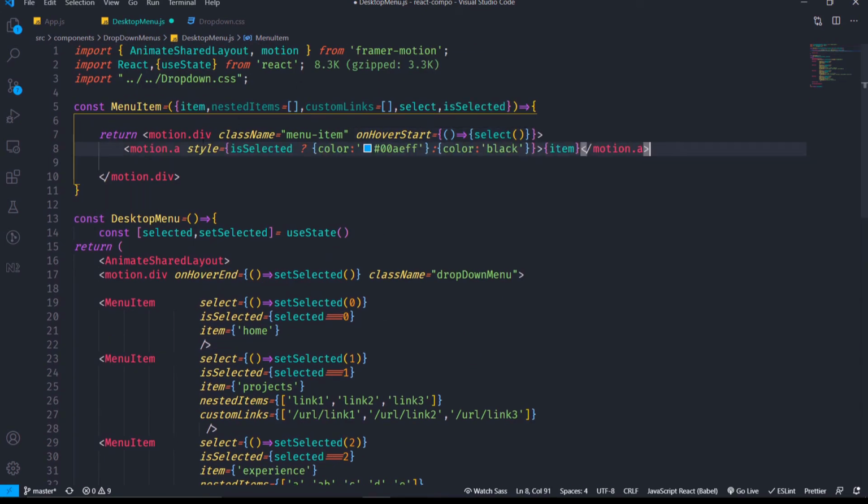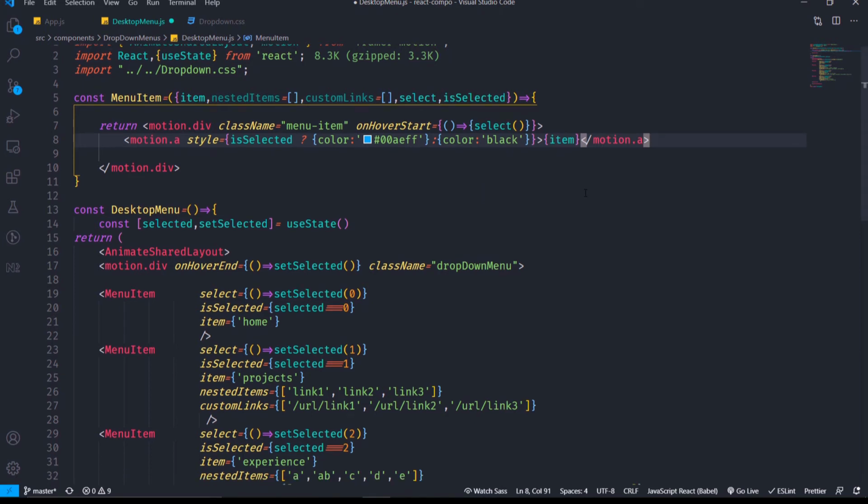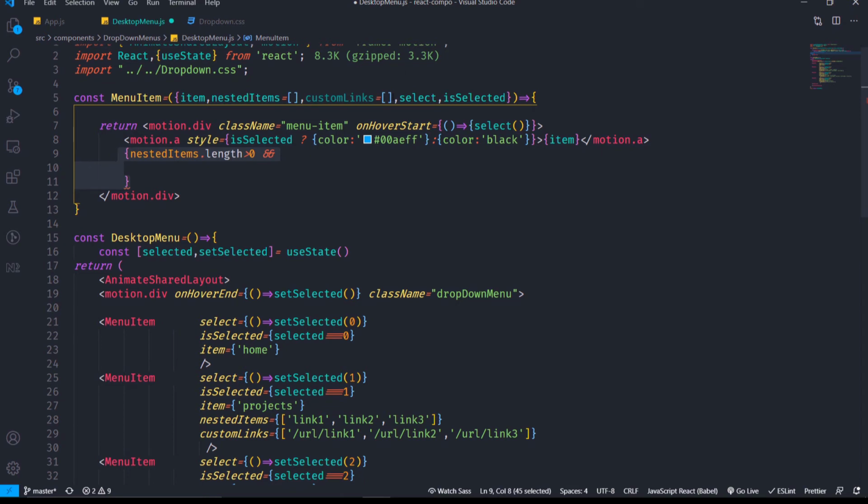Here we will pass a motion A, where if selected it will change the color. This will be the main item that we are trying to show, and on hovering, that is on selected, it will change the color, and if not selected then it will revert back to the original color.